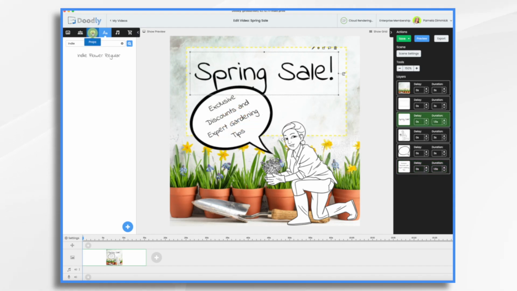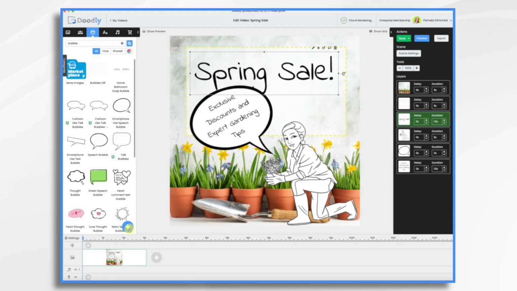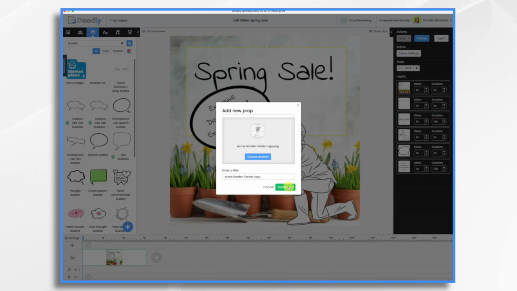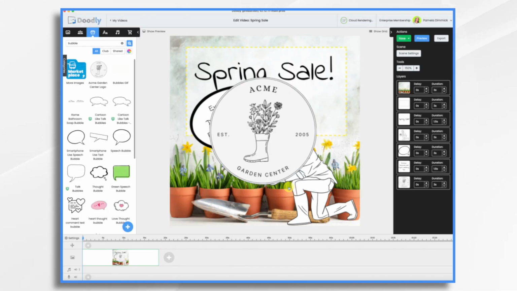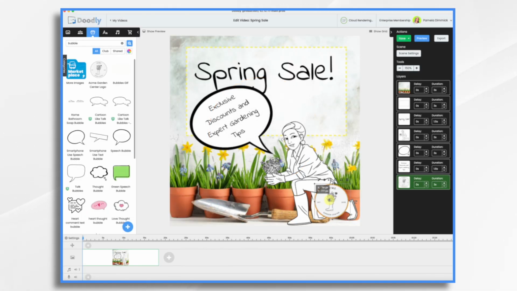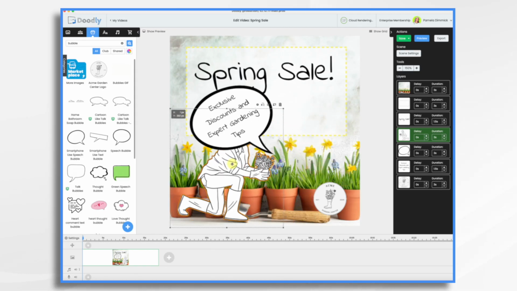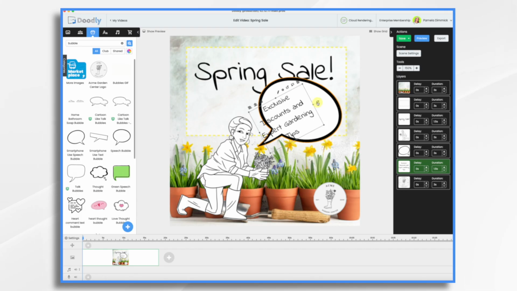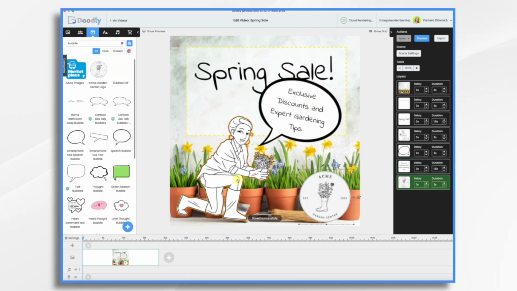And let's bring in our logo. So props, blue and white plus sign, and then drag in your logo, or you can browse for it. Kind of want it in this corner, so I'm just going to move this. I'm going to flip her, move her over here, and then we're going to take this and flip it as well. I like my layout just fine, so now let's add our voiceover and